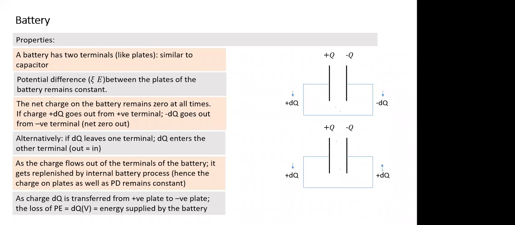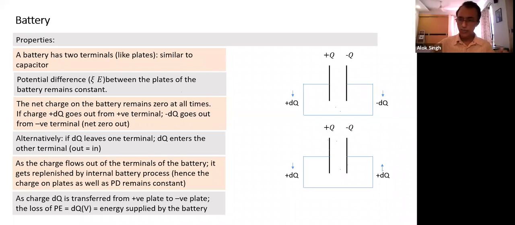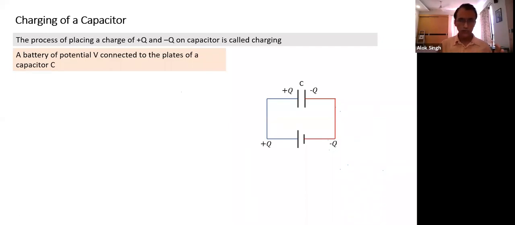No, sir. Okay. And I request all of you, even after the session gets over, go through all the basic points again so that all the small points are understood. They're all pretty small points. There's nothing very complicated. Here I am applying net zero: I'm taking out equal to in, so that the net remains the same. Absolutely not difficult. I have compared the battery with the capacitor, so understand the difference between the two also.